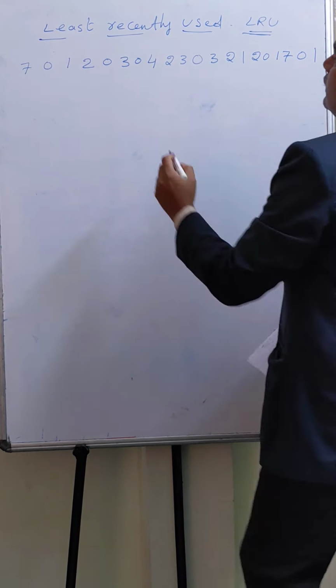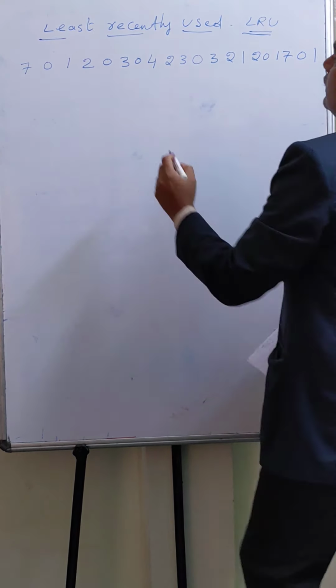We'll go in the backward direction. The page that has not been used for the longest period of time will be selected and replaced. Let me take 3 frames: frame 1, frame 2 and frame 3. Here you will see that first, page number 7 is not in the memory. The main memory has 3 frames, F1, F2, F3. So it is loaded from the secondary memory into frame 1.